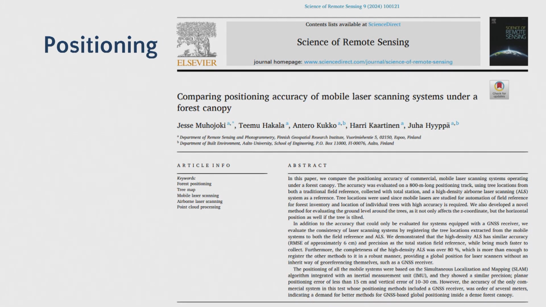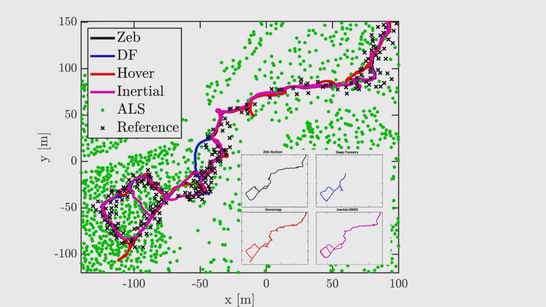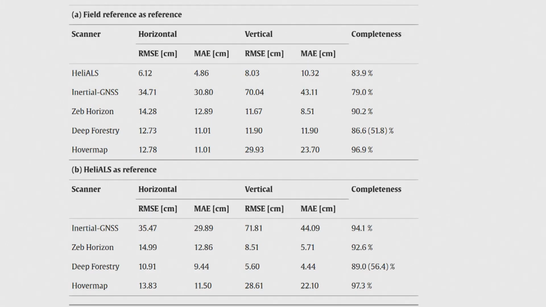Then we continued the benchmark because we wanted to know what the accuracy is if you have a SLAM-based mobile laser scanning system in the forest. How accurately do you get the tree positions or whatever you get? We constructed a test line where the reference tree positions were measured with geodetic techniques. We also had very high density laser data. With high density, I mean now 1,000 points per square meter, and then we estimate the trunk, like the lowest log, and took the center. And then we get this kind of results.